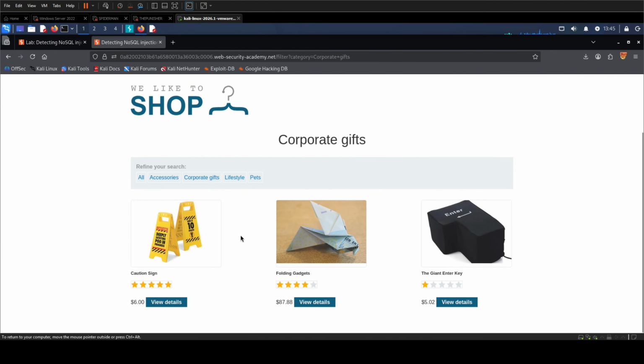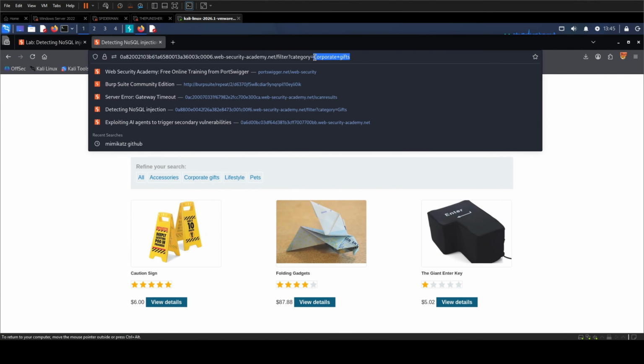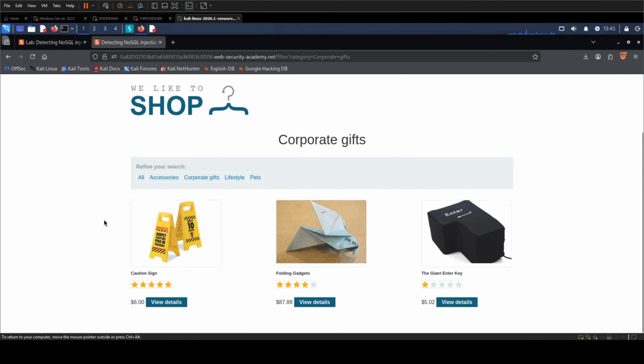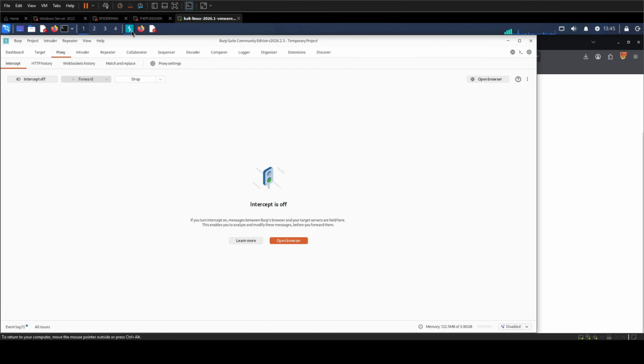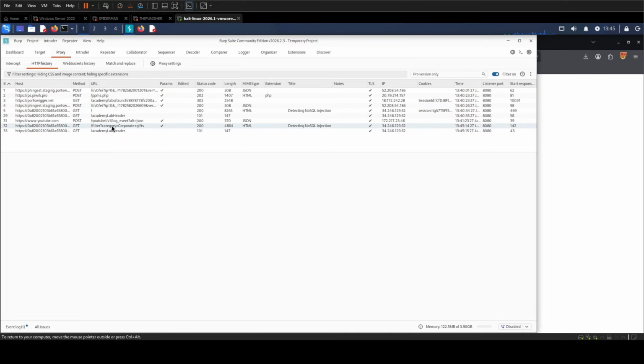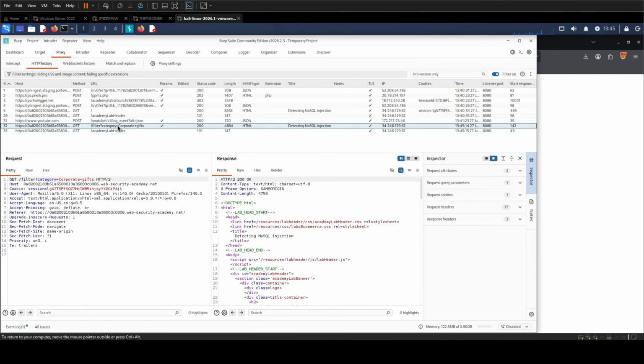And that filter I clicked is the interesting bit. When I picked Gifts, the site took that word and dropped it into a query that runs against the database on the back end. So that filter is where our input reaches the database, and that's our way in. Since the proxy was on for that click, the request is already sitting in Burp, waiting for us. I'll head to Proxy, then HTTP history, and there it is.